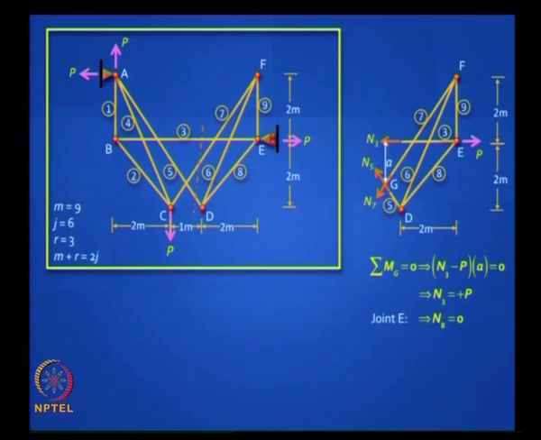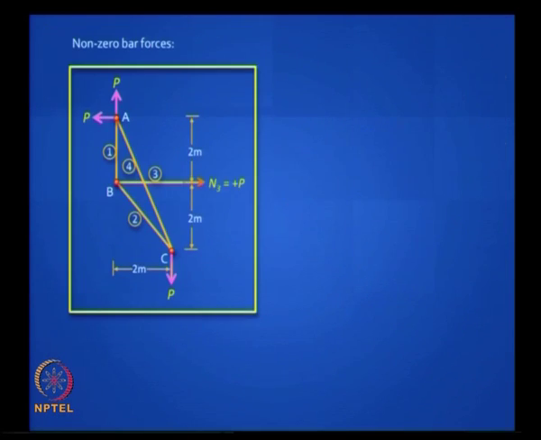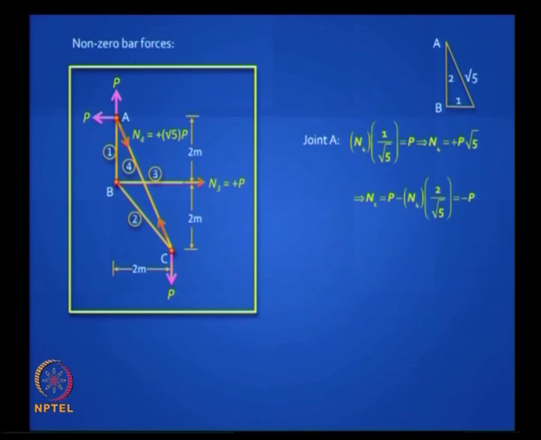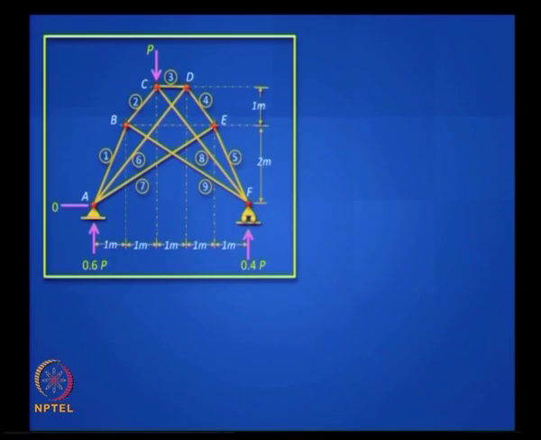Then once N3 is P and you go to the joint T, you will find that necessarily there are many forces which are 0, and you will find that actually you can remove those bars once they are 0 and your truss reduces to this problem. Okay, so it is a much simpler truss to analyze, and this can be done easily. You can analyze it by method of joints, triangular forces, easy.